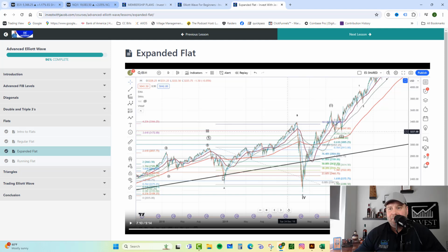We have identified that because of the corrective nature of the move up, it is either an expanded flat or an ending diagonal. So just so you understand what an expanded flat looks like, the COVID example is a great one to